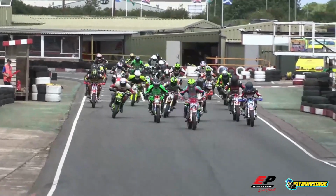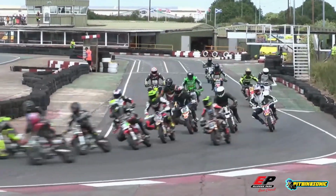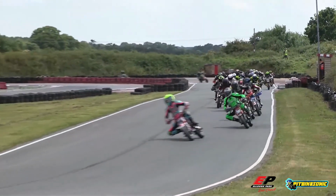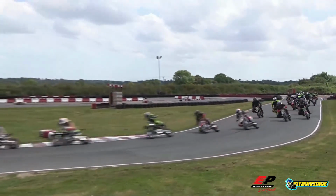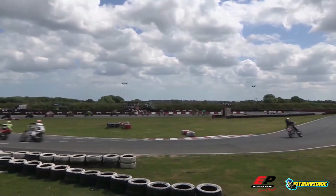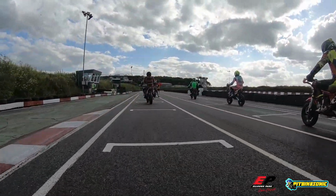Rossi Bannon gets a good start, but Reece Peacock gets pushed all the way down to 3rd. Rossi Bannon leads the way, but it's a great start also from Taylor Lawrence in 2nd place. Taylor Lawrence, we didn't see too much of him yesterday in these bright green levers, but Rossi Bannon now is his chance to go, because yesterday it was him and Reece Peacock at the front, but now he's